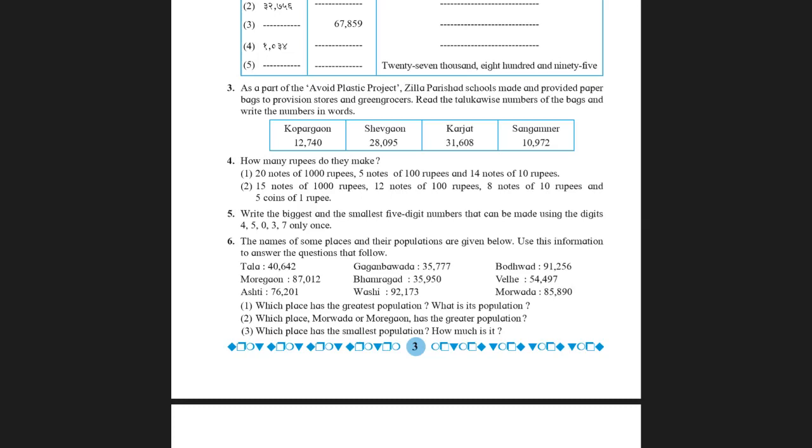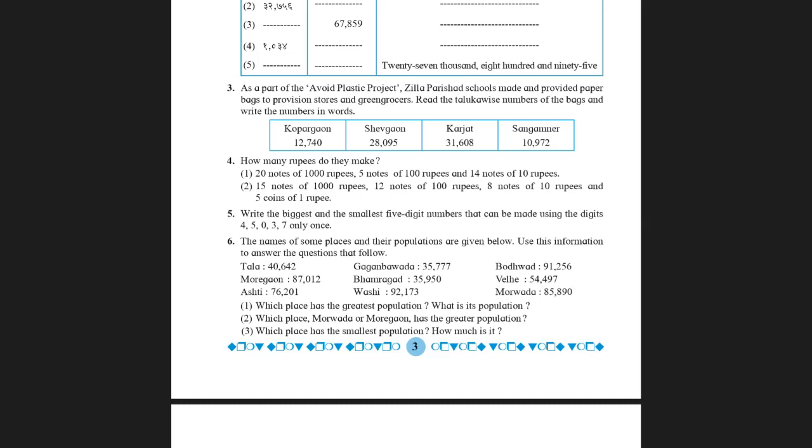Now, when you look at these numbers carefully, you find all of them are 5-digit numbers, correct? Now, out of these 5-digit numbers, how do I find the greatest number? You have to look at the first number. And what is that place? Place value 10,000, right? So at the 10,000's place, find out which is the biggest number.